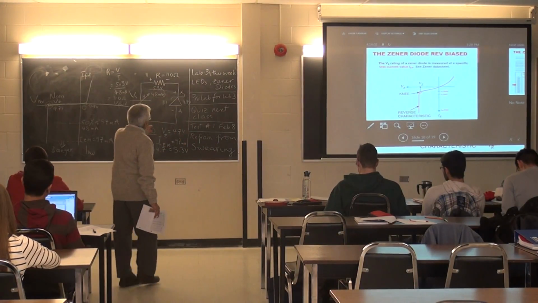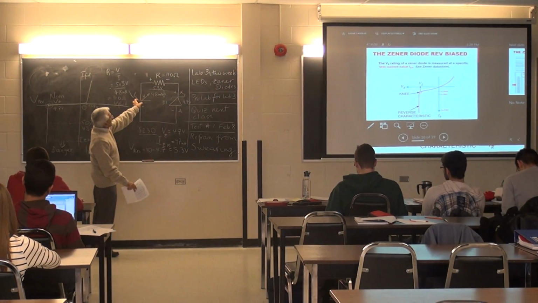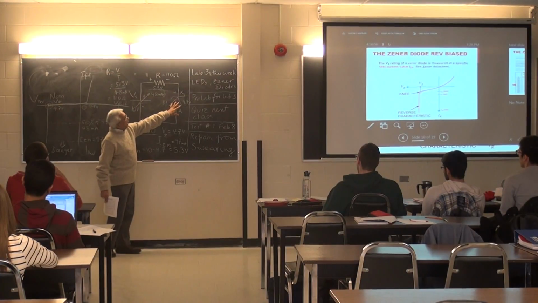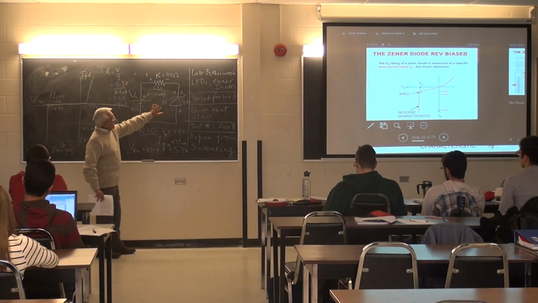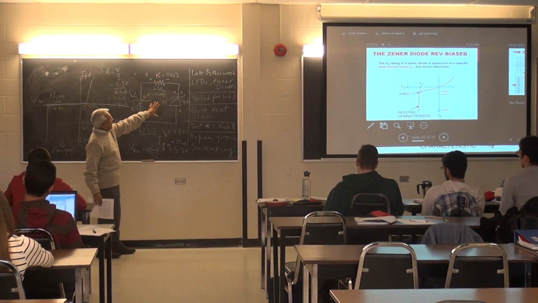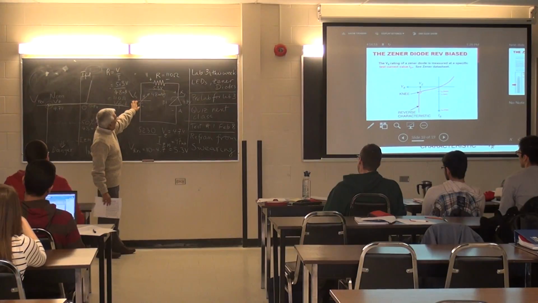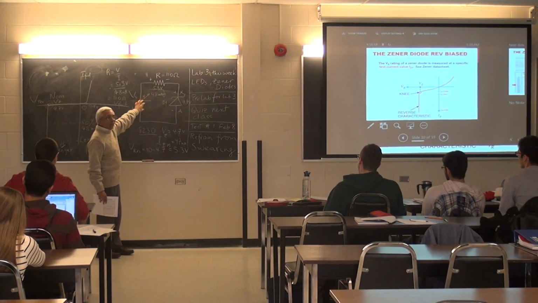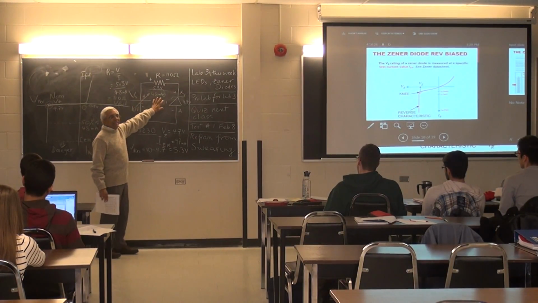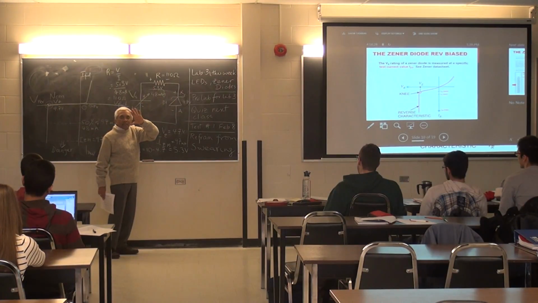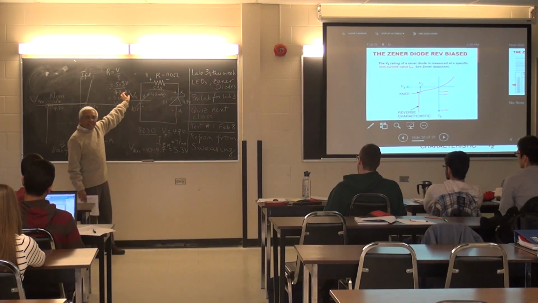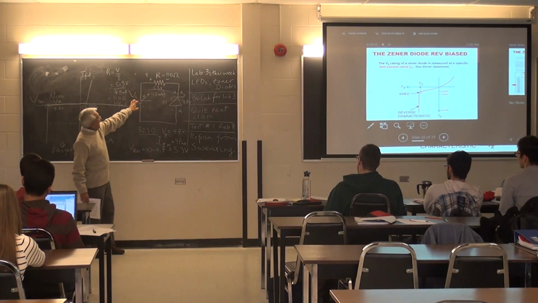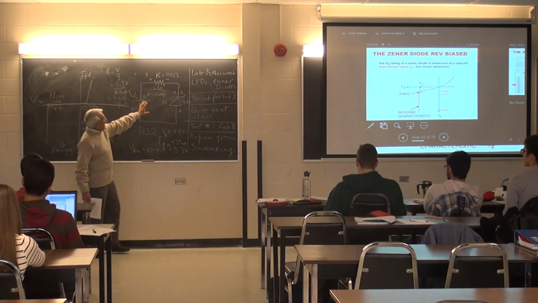We're going to start off at 0 volts. Is 0 volts above 4.7 volts? No. That means that the zener is basically going to be open. And then I go 1 volt, 2 volts, 3 volts, 4 volts, 4.2, 4.5, 4.7. Up to that point, nothing is happening in the circuit. Zener is basically open. As soon as I go past 4.7 volts, let's say 4.8, 4.9 volts, then the zener